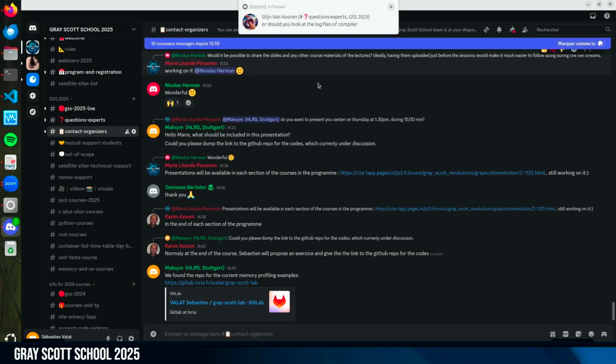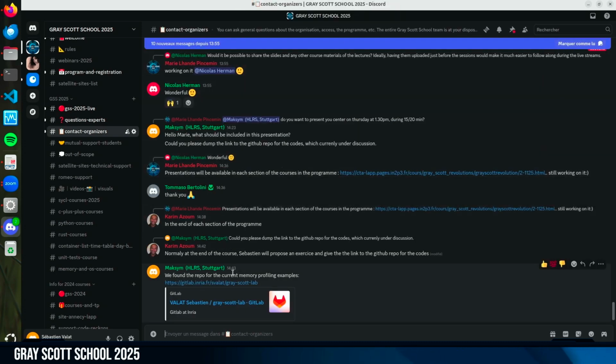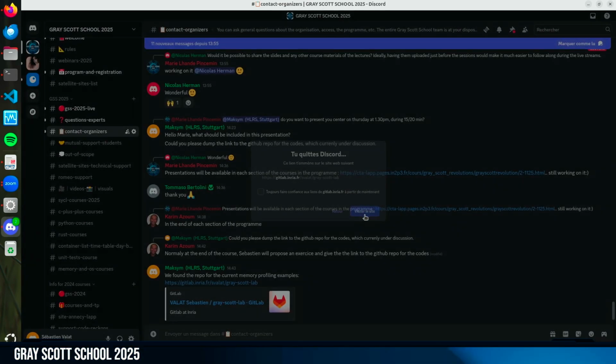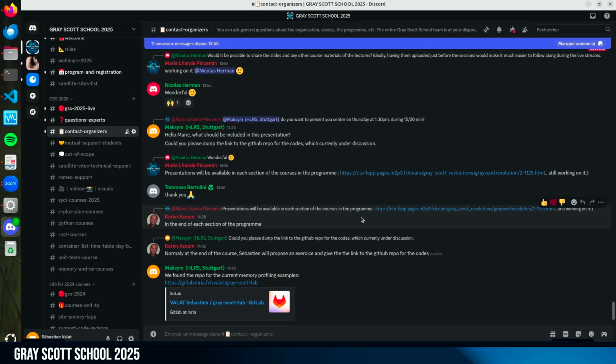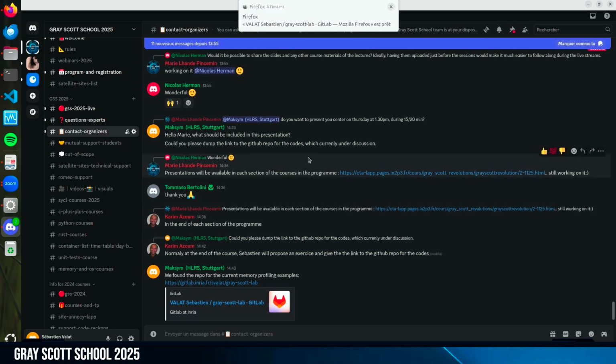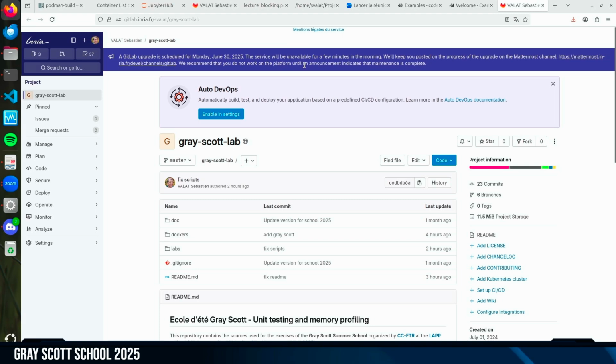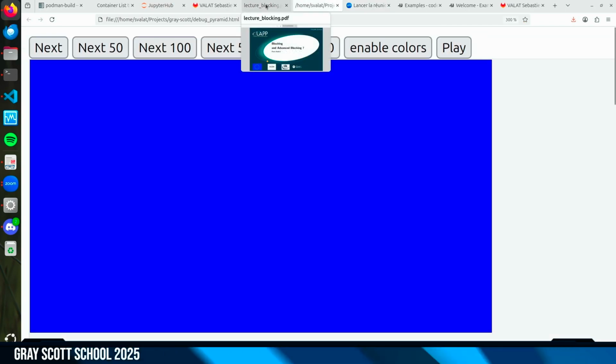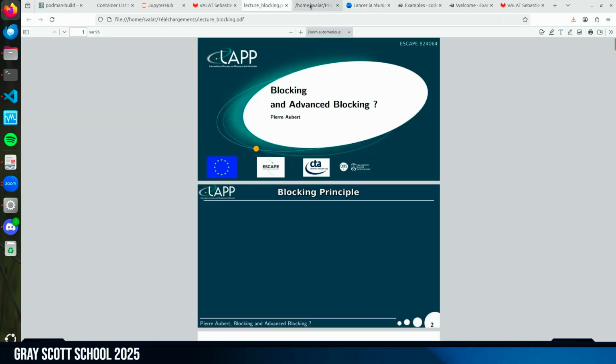Adam, I updated the repo, so for the people remotely, I updated the repo this morning, so sorry. Maybe you need to download the image again. I don't know for the remote site if it's a mistake. For those who also want the code, you can probably install it on your machine quite easily.